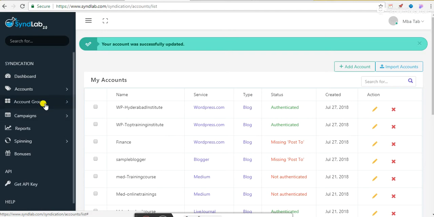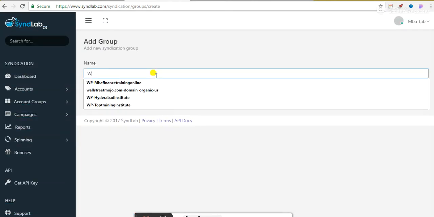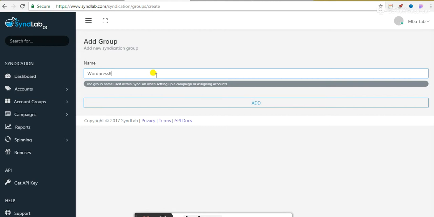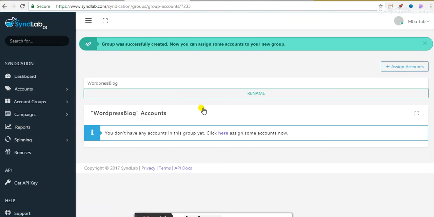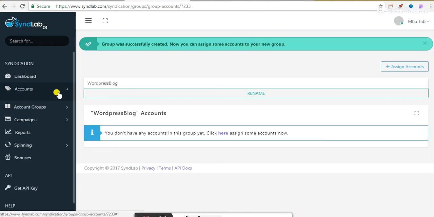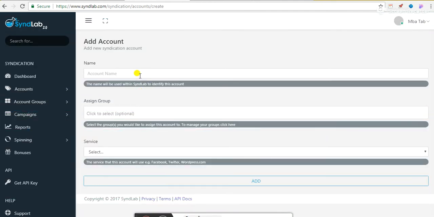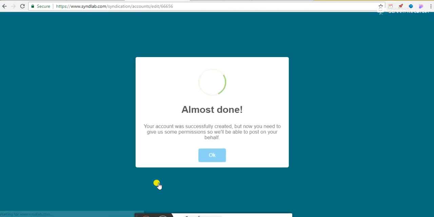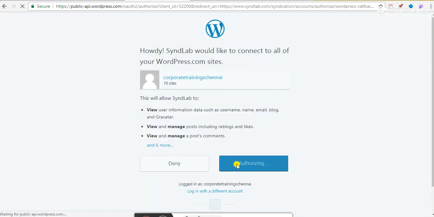So I also like adding a group called add a group. WordPress blog. So what happens is, when you add up, you also give WordPress group as the category. Again, I will show you. I will keep as finance, and I will select WordPress.com, and I will click on add. It's almost done. Proceed, and it will take approve,